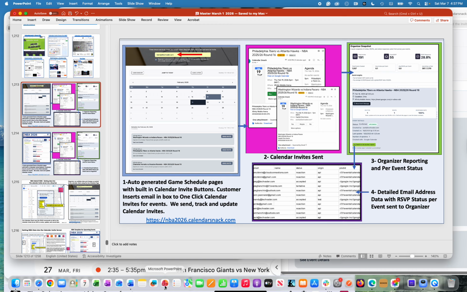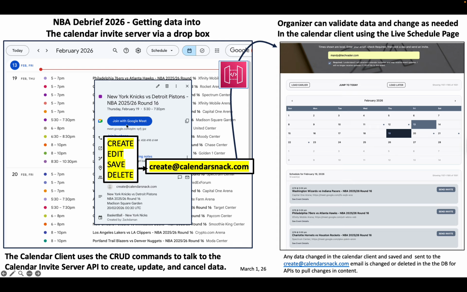So anytime I mess with my data on my business calendar and I hit save, that talks to the API gateway, updates the landing page itself, the shareable page with the 2,400 MLB events in it, and anybody downstream that you've shared it with that gets a calendar invite off this page is auto-piped, if you will, any updates or cancellations for the game.